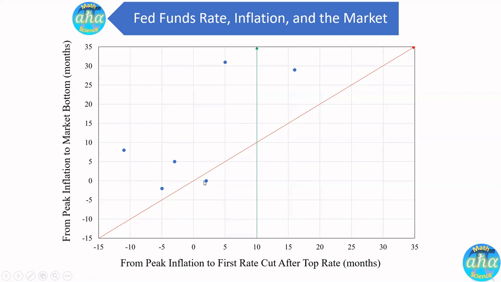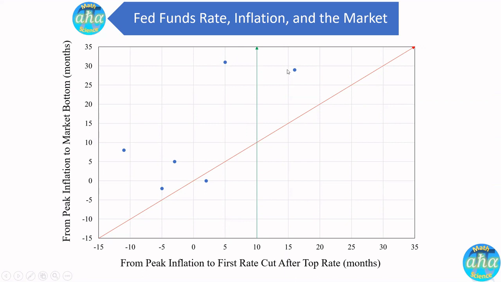But there's only one data point below that. Most of the data points are above the diagonal, meaning that the time from peak inflation to market bottom is usually longer than the time from peak inflation to the first rate cut. In other words, the market bottoms at least after the first rate cut, but usually after